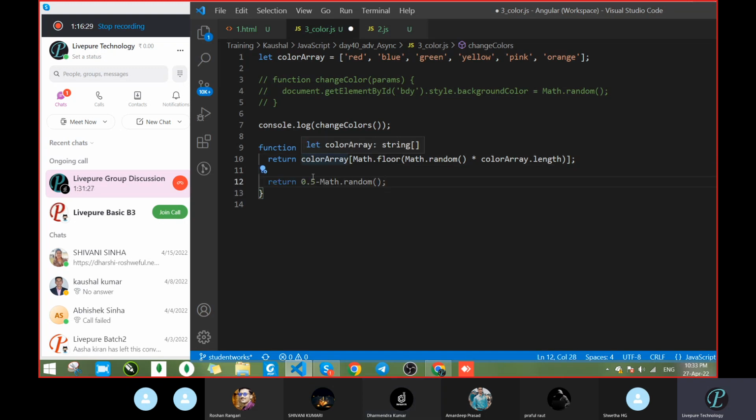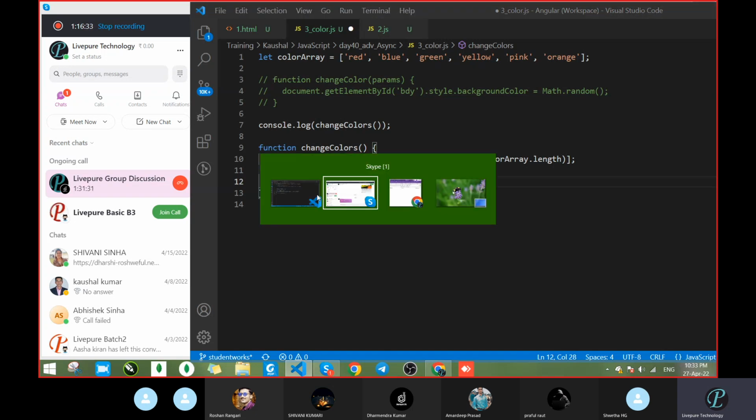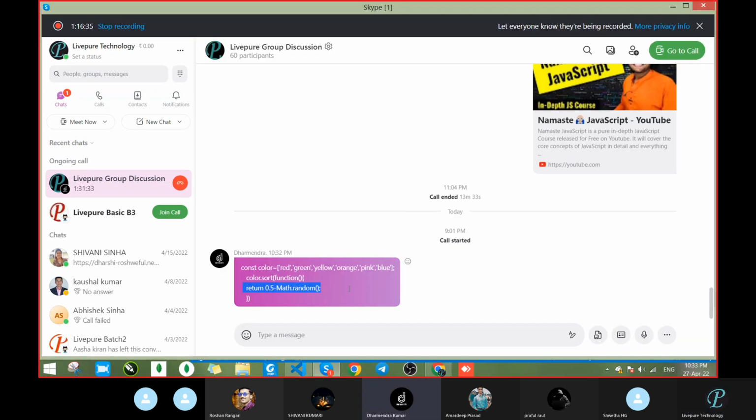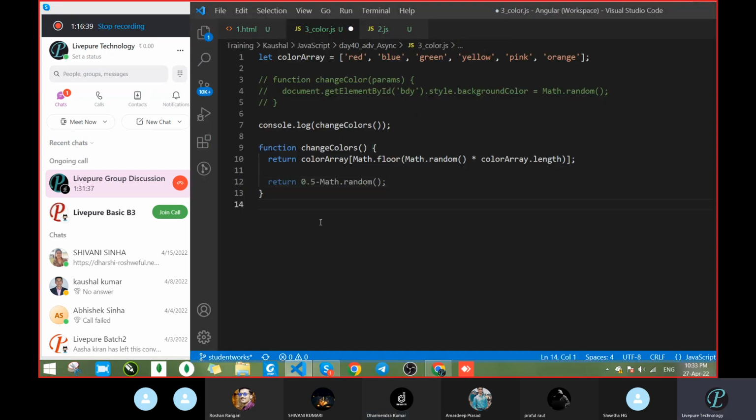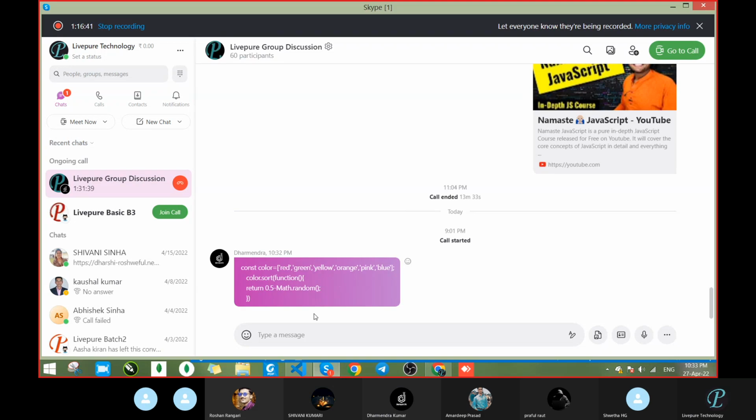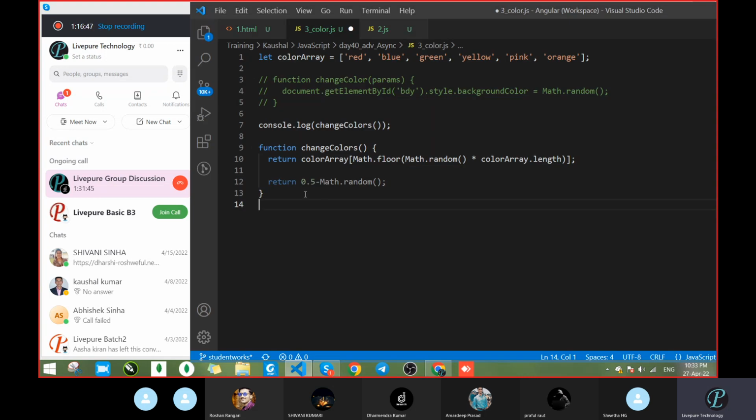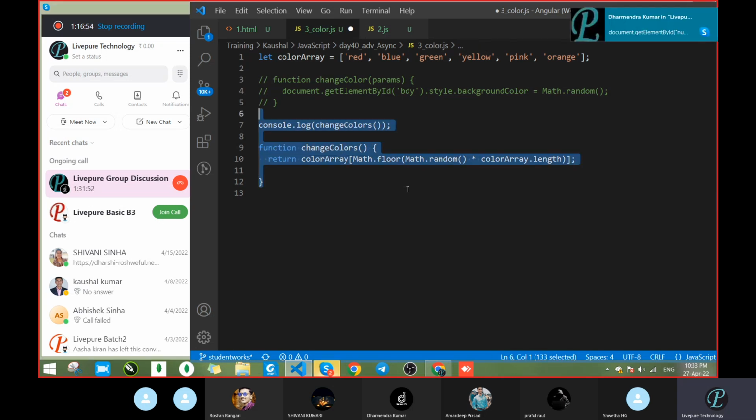So return this minus 0.5. But where are you taking the array? Okay, colors.sort. Okay, got it. Let it be. Take this itself. This is also correct. That's not an issue. We got the output here also.